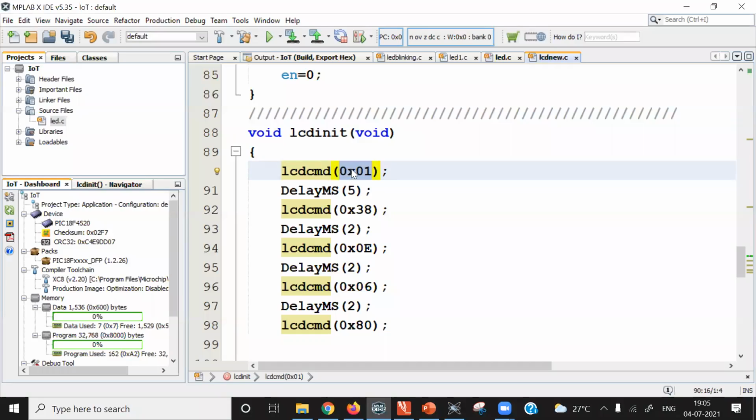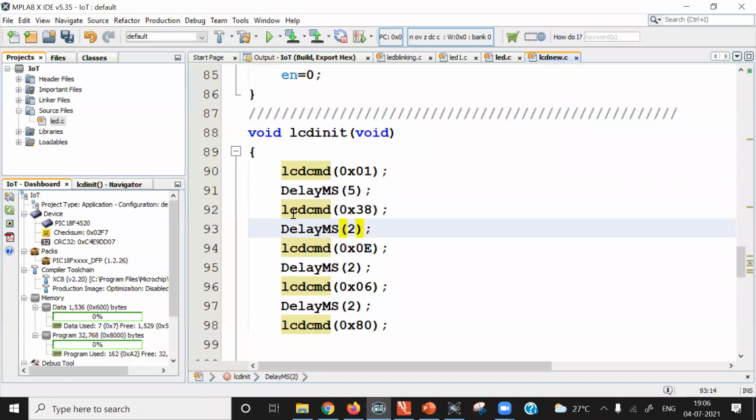Using LCD CMD, we can clear the entire LCD display screen. For clearing operations, a slightly larger delay is required. You just go through the datasheet of the LCD display. For other commands, less time is required, but for clearing the display, slightly more time is required. It is around 100 milliseconds. So after that, you add a delay.